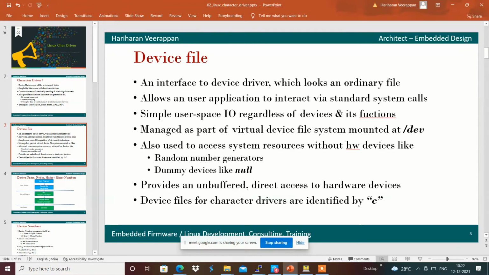A device file is the representation or interface for the application to access the respective device driver present in the Linux kernel. We will see how the device access happens here.